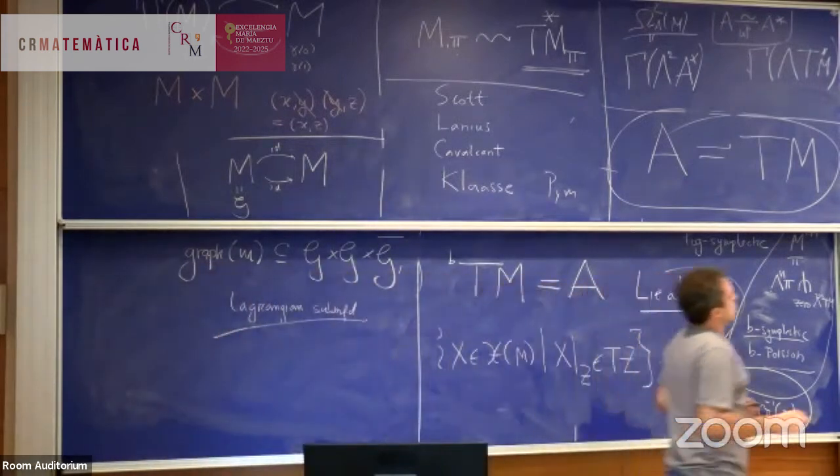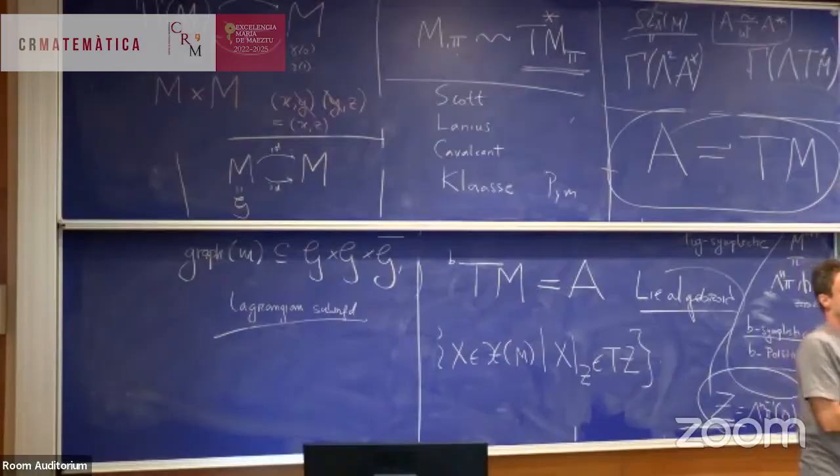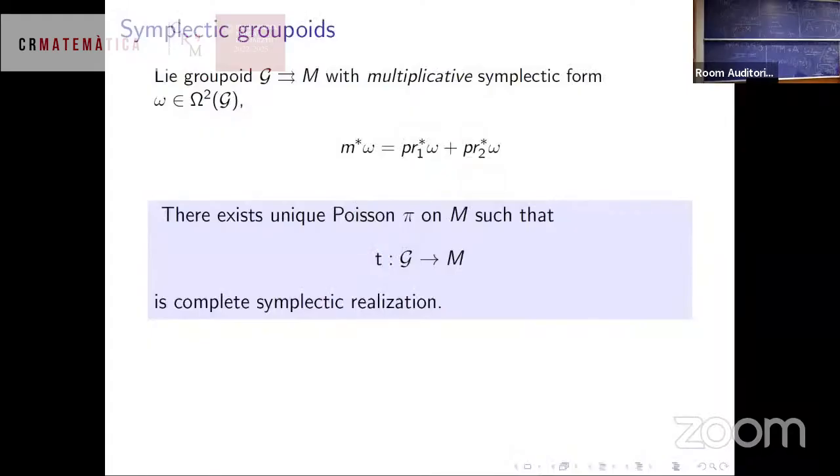Anyway, so there are several properties that the symplectic groupoids have that are derived from this one single condition. The inversion is an anti-symplectomorphism. The source and target fibers are the symplectic orthogonal of one another. Many things happen. And the most important one is that if you have a symplectic groupoid, then the space of units, M, immediately inherits a Poisson structure, which is uniquely defined by the fact that the target map is a Poisson map. Or in other words, you get a symplectic